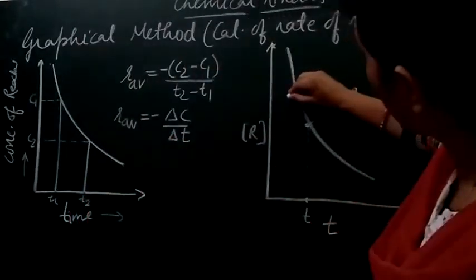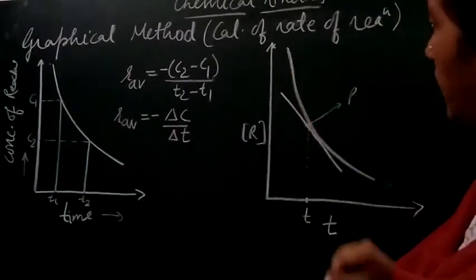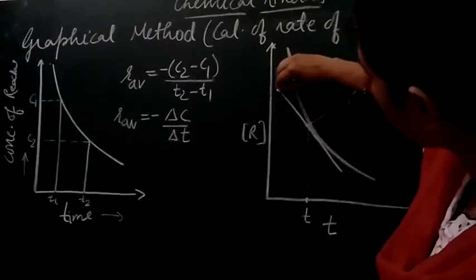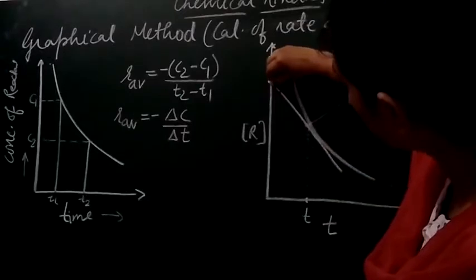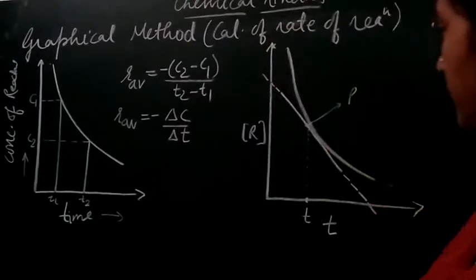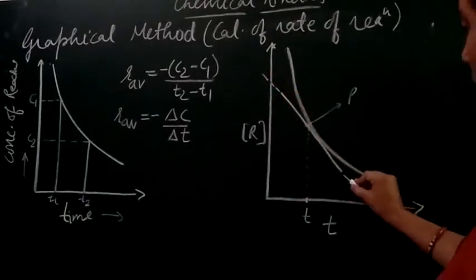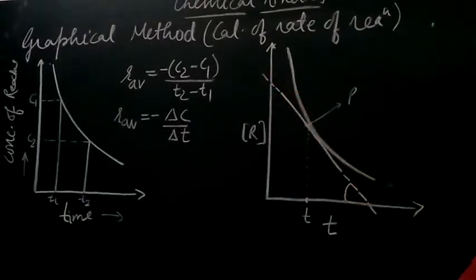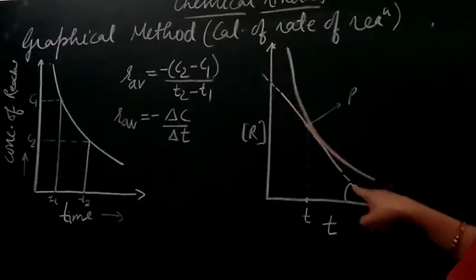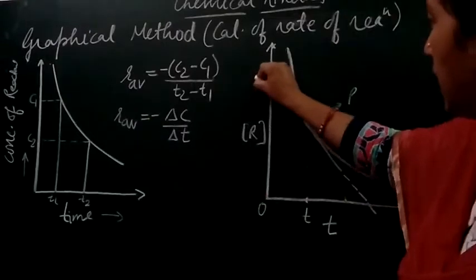So when you draw a tangent at this point, doing it this way, you extend it so that it intersects the y-axis and the x-axis, right students? Yeah, this is there, right? Now what we are going to find out: this is O, let this be A,